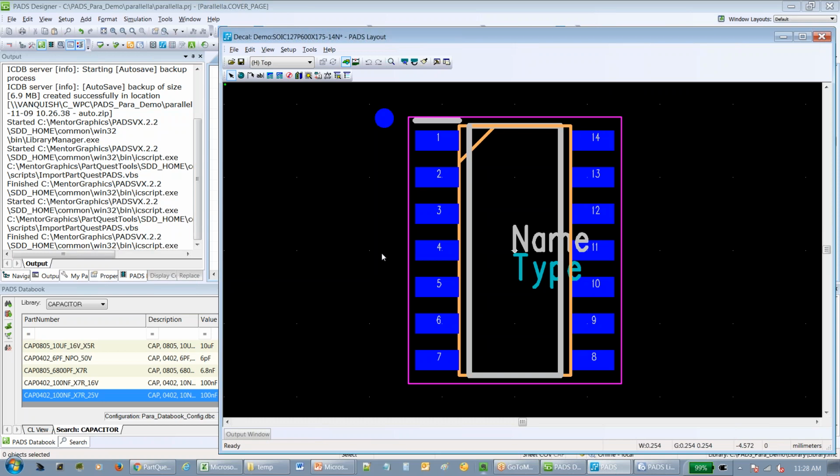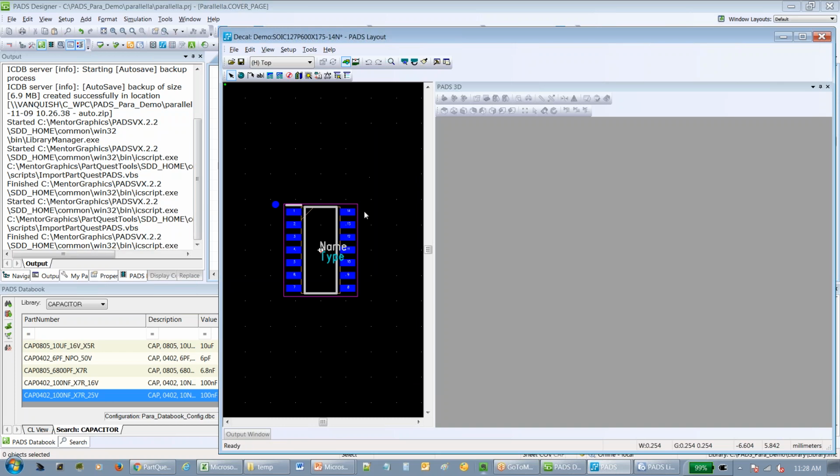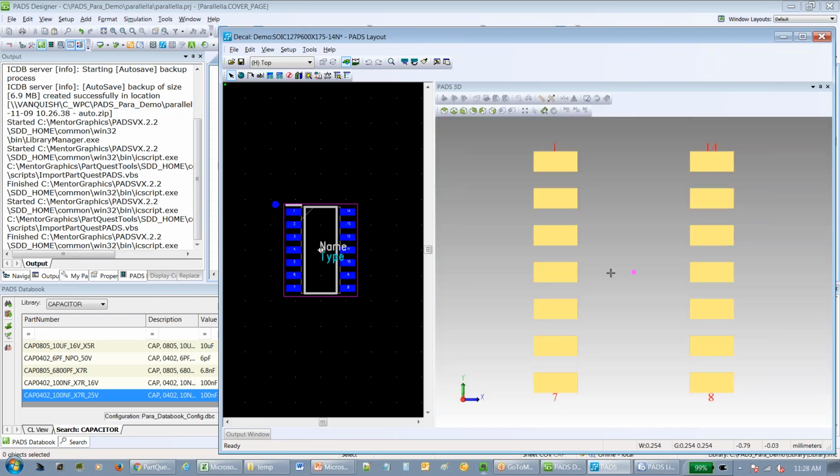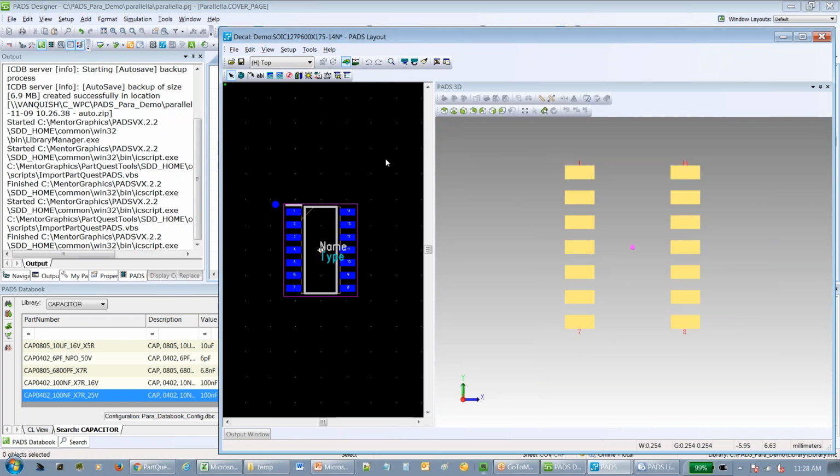You can add an IDF outline if you don't want to get into the true 3D stuff, or you may not find a model for your 3D. You can put a special shape in your part on layer 20, I believe it is, and then output that into an IDF file. And you can also see it in the 3D view in PADS. In fact, if I go in here to 3D view for this symbol, it should show that, assuming I would have